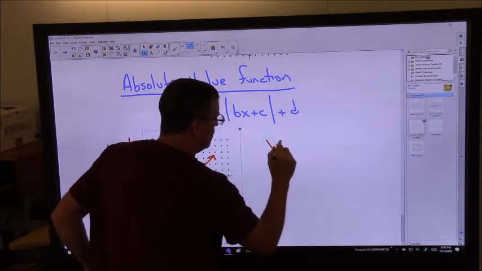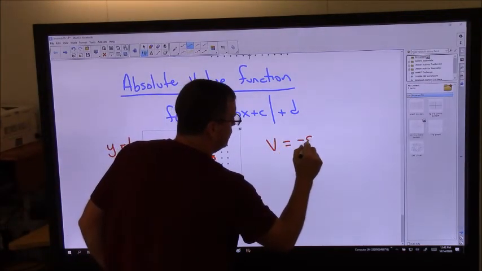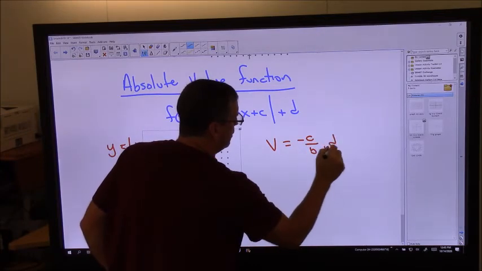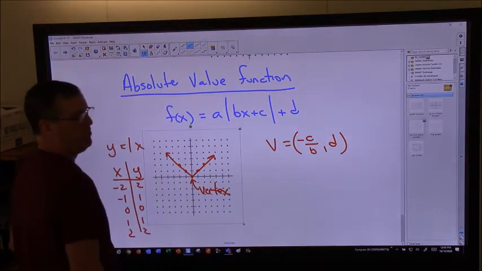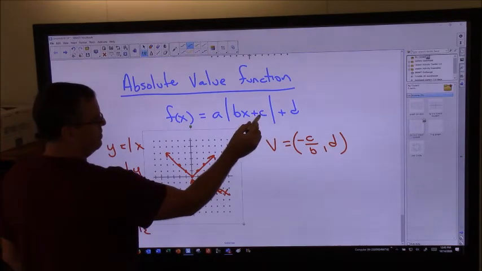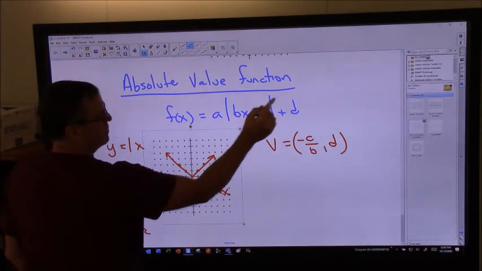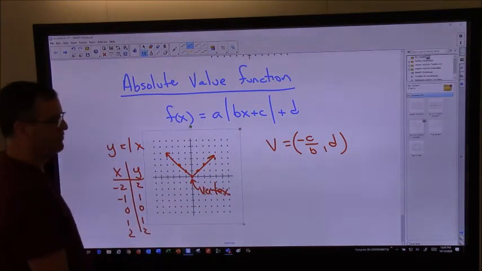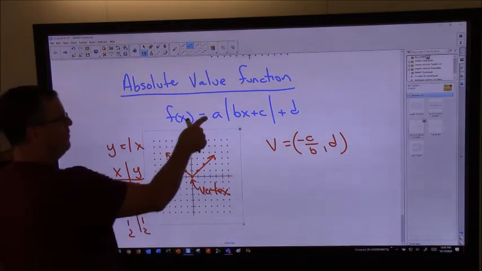The vertex is at -c over b, comma d. Exactly the same as the parabola. I'm going to do the opposite of this, divided by this, comma whatever that number is. Okay? If a is negative,